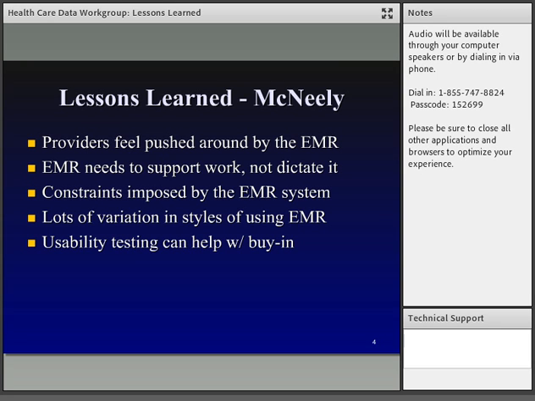So I'm going to echo some of those same points, and this was my first experience with doing this type of building within the EHR and doing the testing. So I did learn a lot through the process. I think to state what is obvious to anyone who works in clinical settings, providers feel frustrated and pushed around by their EMRs,